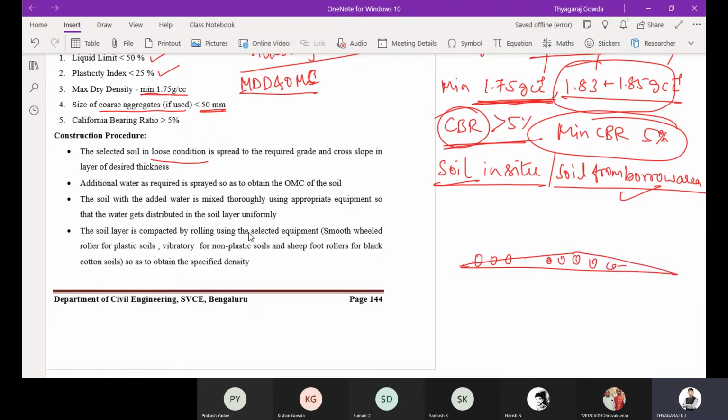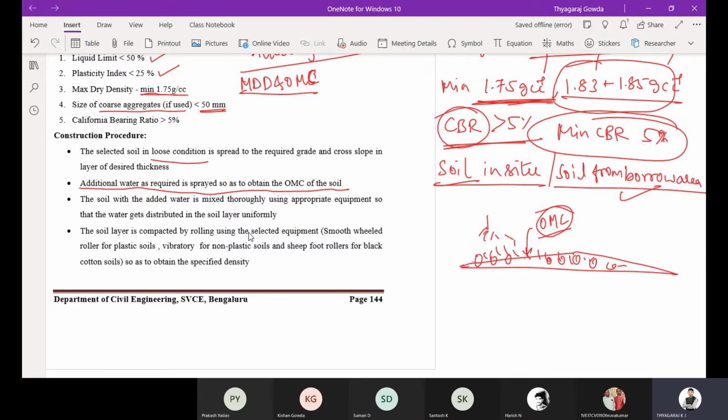If the water content is not at OMC, you are going to add extra water. Additional water is sprayed so as to obtain OMC. If the moisture content is not at the OMC, you are going to sprinkle water on the soil and mix it thoroughly.